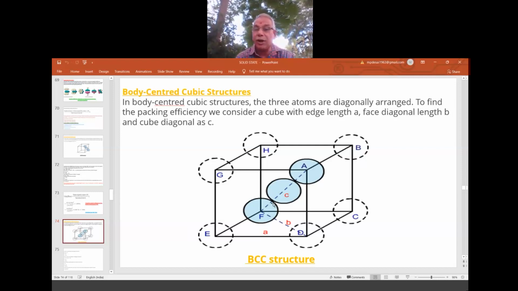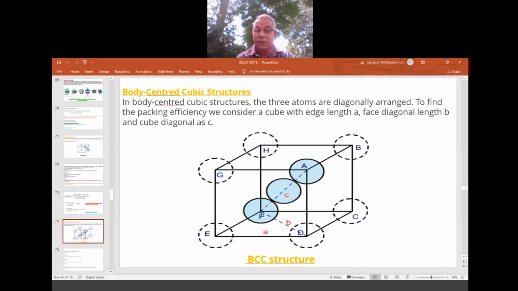Now you have to concentrate on this face, that is FHBC, and ADEG, two opposite faces. This is one corner sphere particle, another corner sphere. This is the sphere of the front face and this is the sphere of the back face, and they are joined so that the line goes via the body center. That is the body diagonal. So that is taken as AF here.